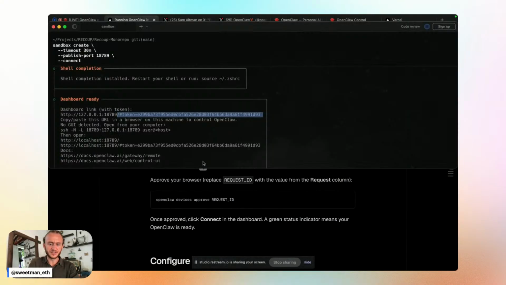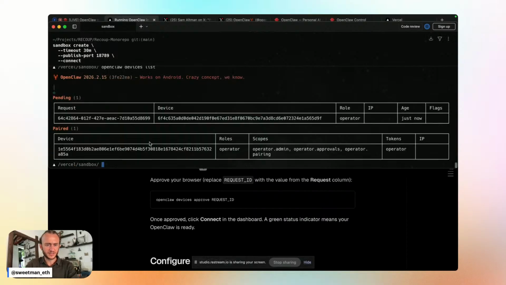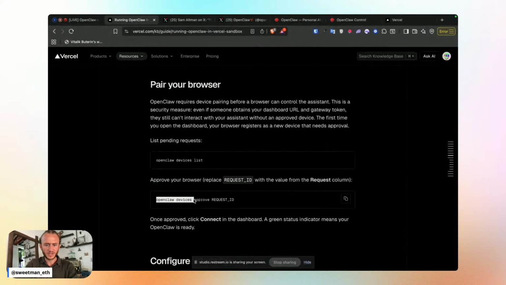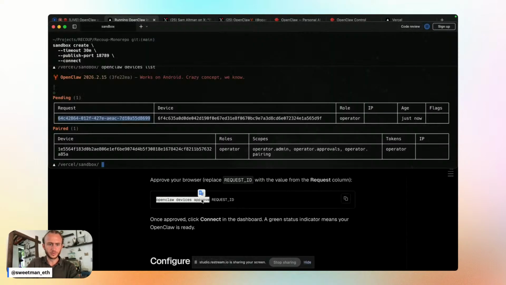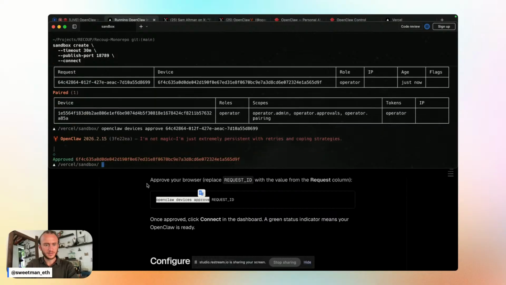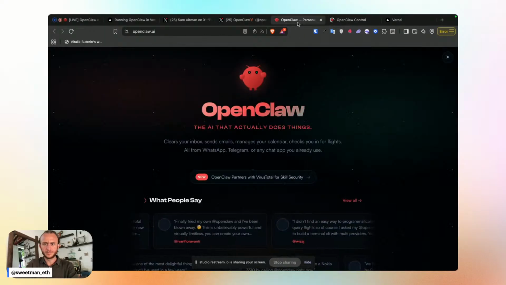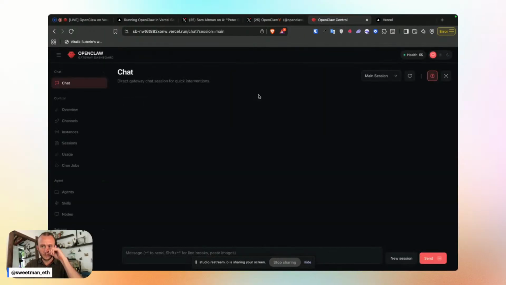We list the devices after we've gone to that URL. Once we list the devices, we see my request here. We want to approve this request by saying OpenClaw device approve. And now we'll take that request, put the request in here. And now we have approved our request. We come back over to the panel. And now I'm connected. And so now I can say, hey,